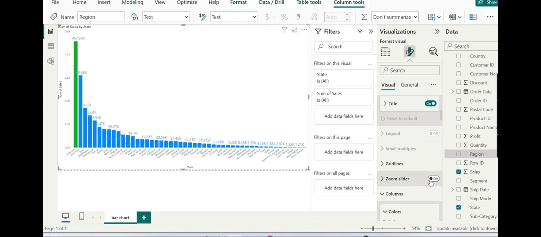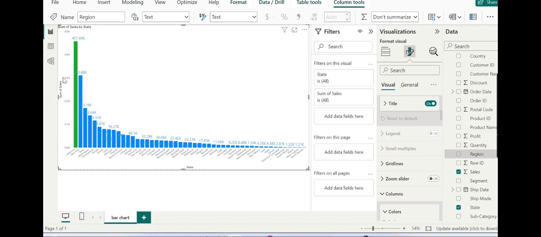we can also switch to the focus mode. We can do it by clicking on the focus mode at the top right of the visualization. The first thing about the zoom slider I want to tell you: when you click the zoom slider on, then with the left selector, just scroll it down, then it will zoom in. If you scroll up with the left selector, then it will zoom out. So it's your requirement, or what kind of information you want to show, it's up to you.